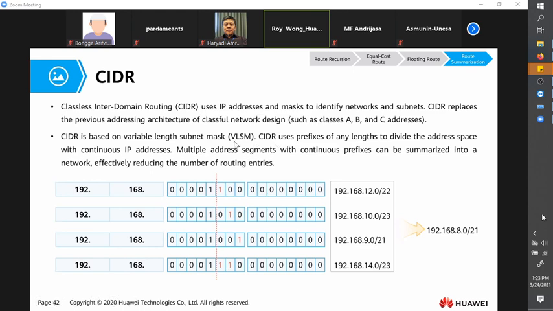If you compare with VLSM, variable length subnet mask, you take one subnet and divide it for multiple networks. That is called VLSM. But CIDR is different. Now CIDR takes all the IPs that are here and makes them become one network. They want to summarize. So this is called CIDR. Then they get the conclusion here: the network address for all those 4 subnets is